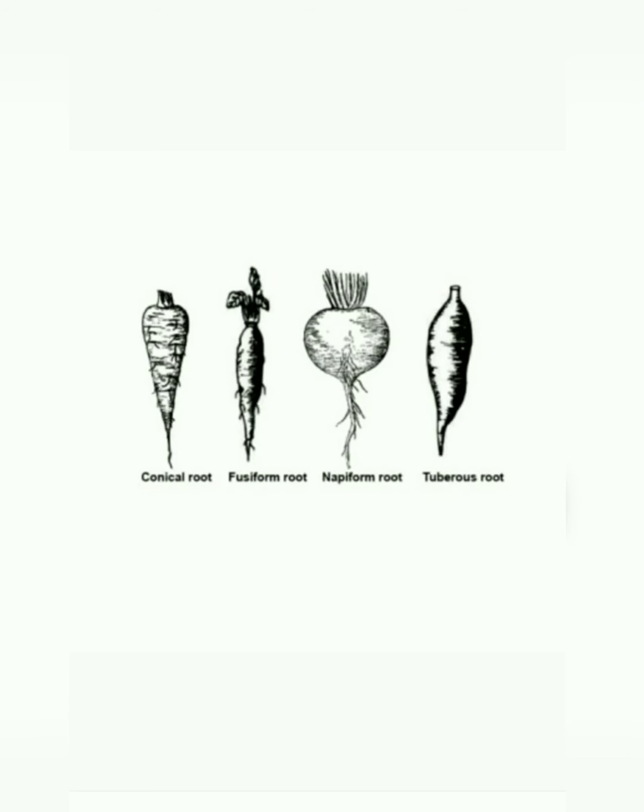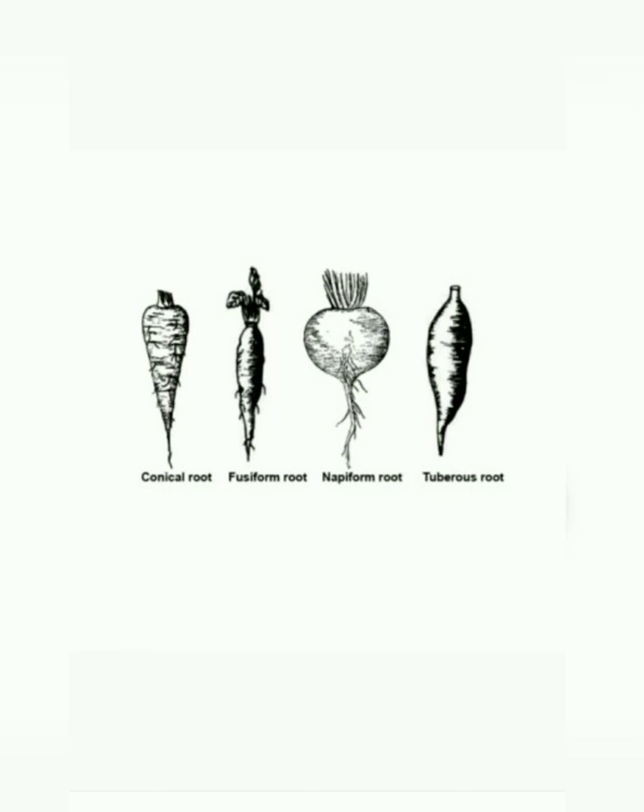So this picture will give us more clarity regarding the kinds of storage root modifications. The first one you can see is the conical root, for which we studied the example of Daucus carota. It is broad at one side and tapered at the apex, if you can notice this conical root. Now if you move to the next picture, fusiform root.